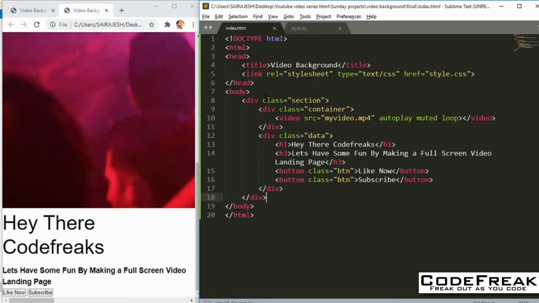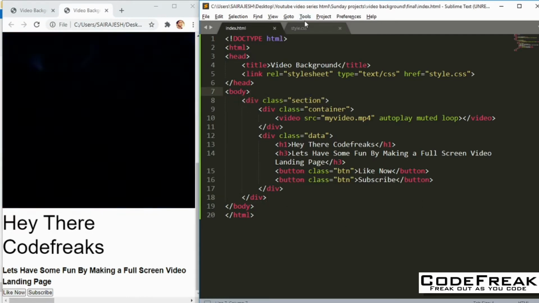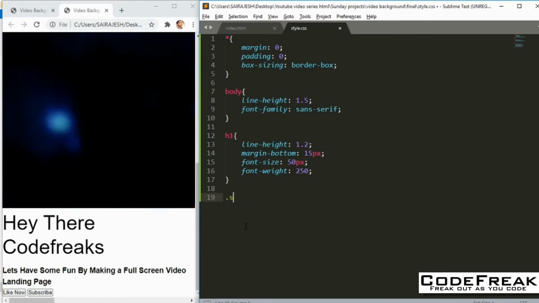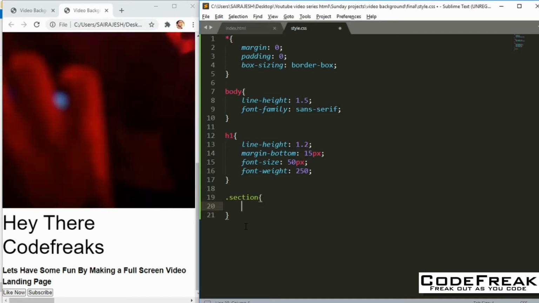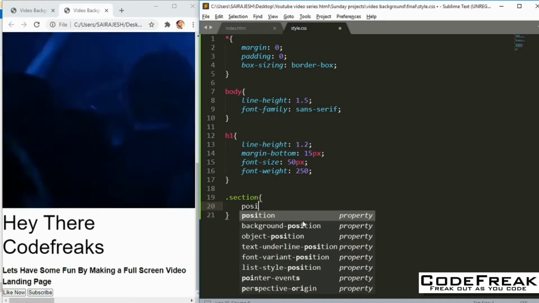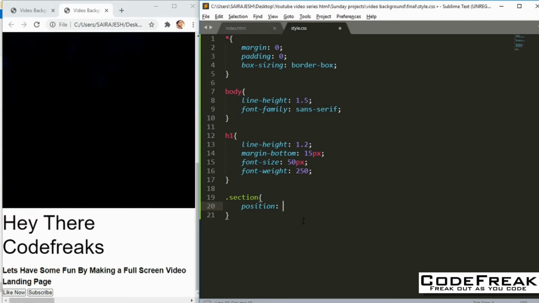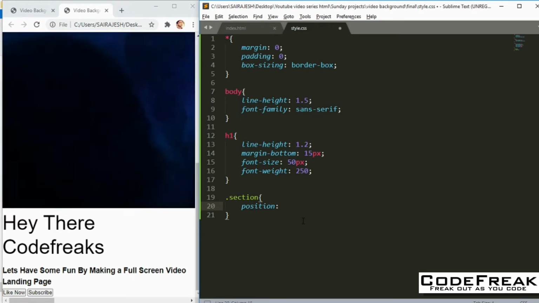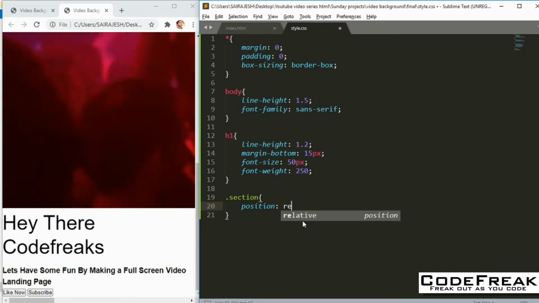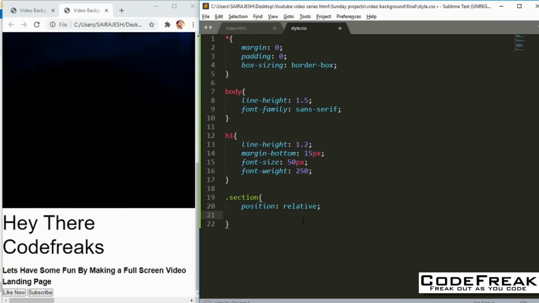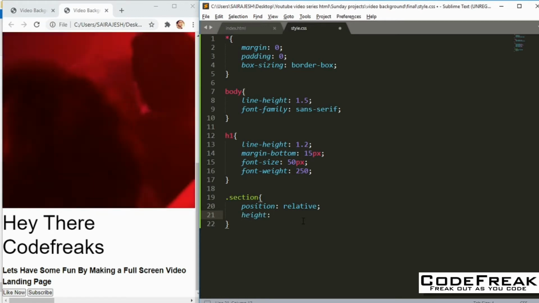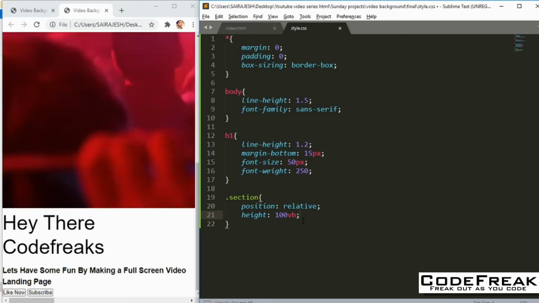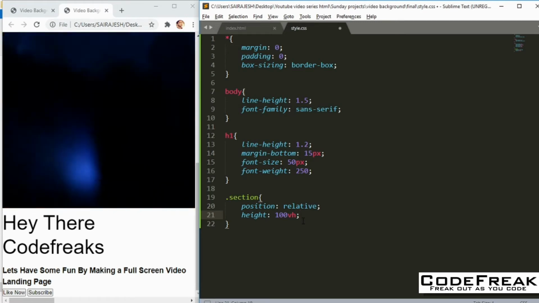Now let's see what we have to design. We'll start off with this class section and go ahead from there. So let me get the section class here. In the section class, we are going to make the position relative, because inside these we'll have some positions absolute, so that it will help us create the overlay, centering and stuff like that. And we want to make the height of the video 100 VH. So it's going to be whatever is the vertical height of the screen, covering that whole thing. That's the idea of doing that.